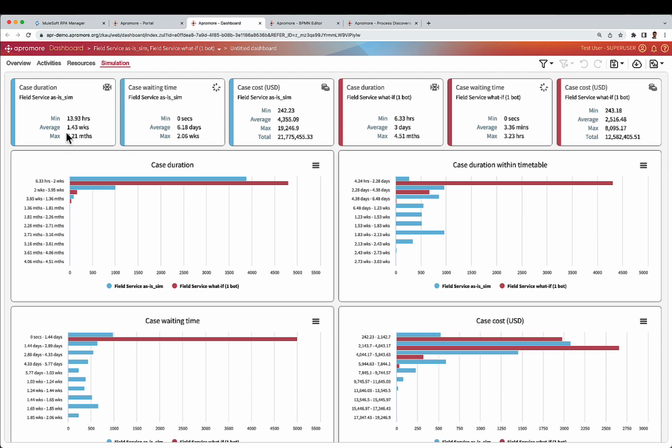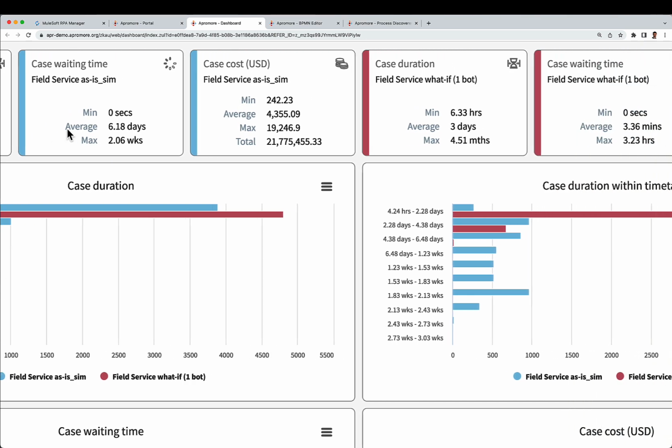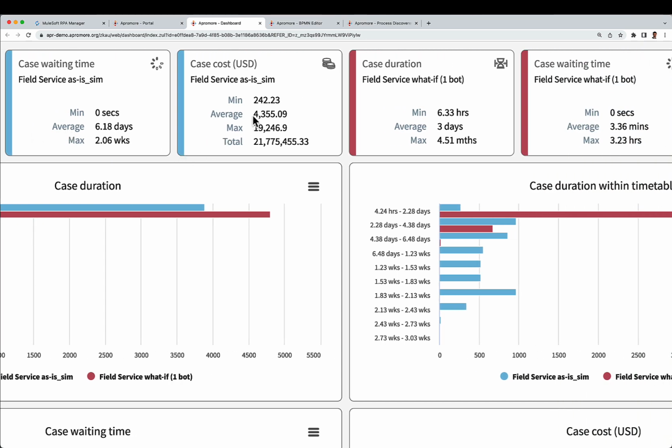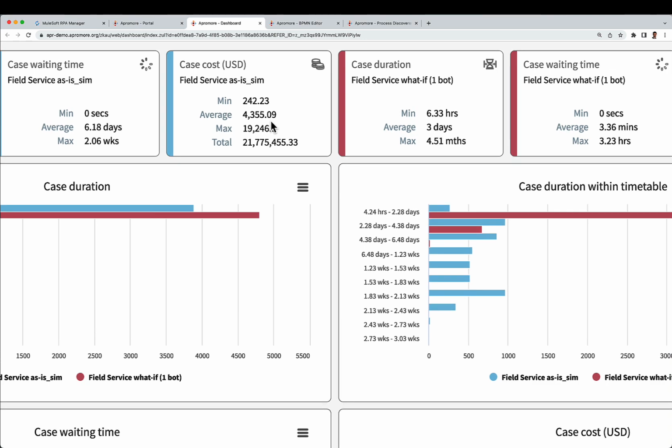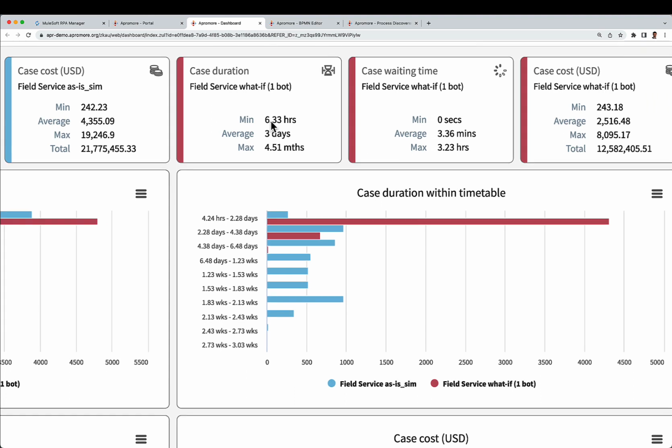So I see that on average I'm completing a work order in 1.4 weeks, and it has an average cost of $4,355 per work order instance. I can see that I've drastically dropped that end-to-end duration from 1.4 weeks down to 3 days by automating the single bottleneck that I had in that process. And now the cost has also almost halved to